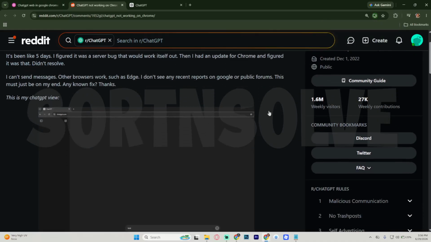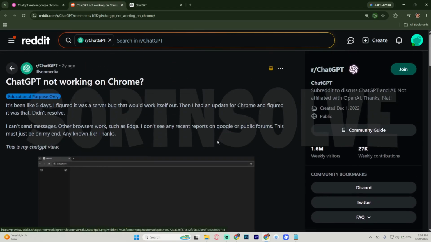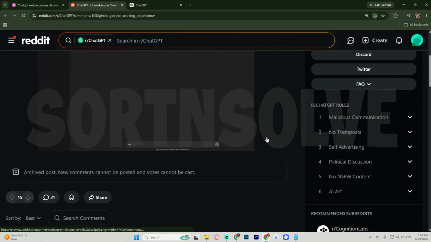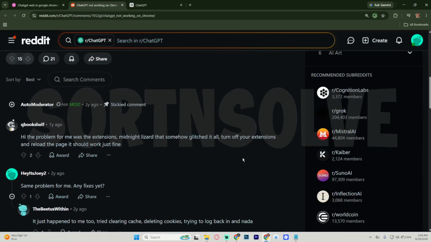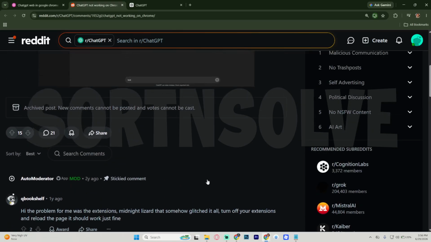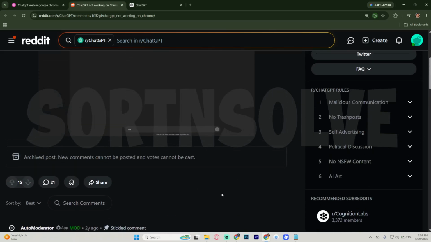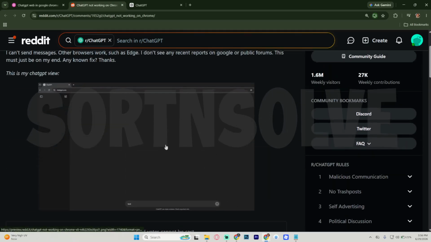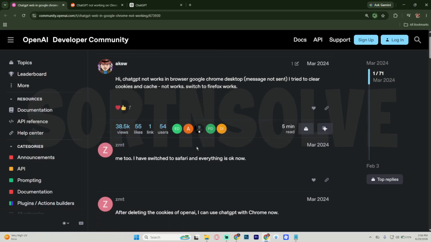Next, use the shortcut Control-Shift-Delete on Windows or Command-Shift-Delete on Mac to open the Clear Browsing Data window. Set the time range to All Time, check the boxes for cookies and cached files, and click Clear Data. Restart your Chrome browser completely, navigate back to the site, and you will be completely locked back in to a